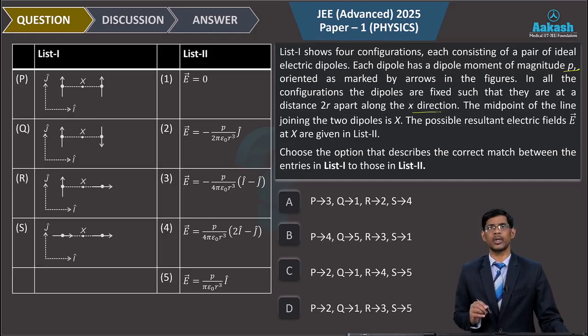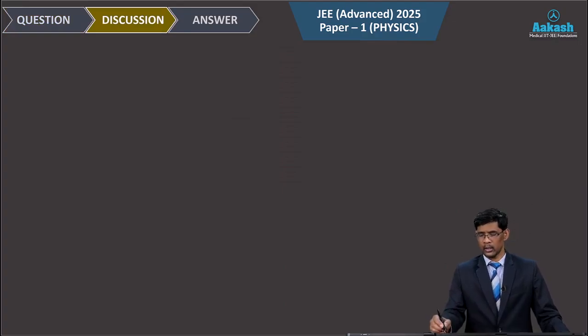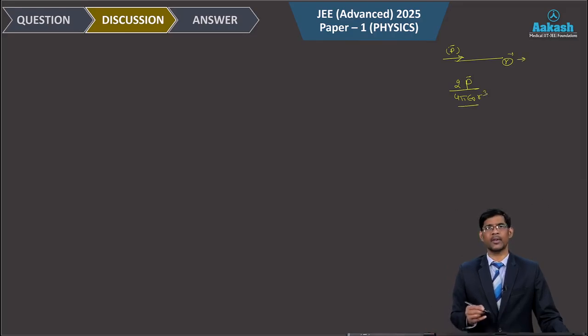Since the distance between two dipoles that is being given here is 2r, and point x is exactly at the mid of these two dipoles, so the distance of either of the dipole from point x will be equal to r itself. The one thing that we know is the dipole is being given here like this, then at a distance r, the electric field will be equal to 2p divided by 4 pi epsilon naught r cube along the axis itself, that is the field at axial